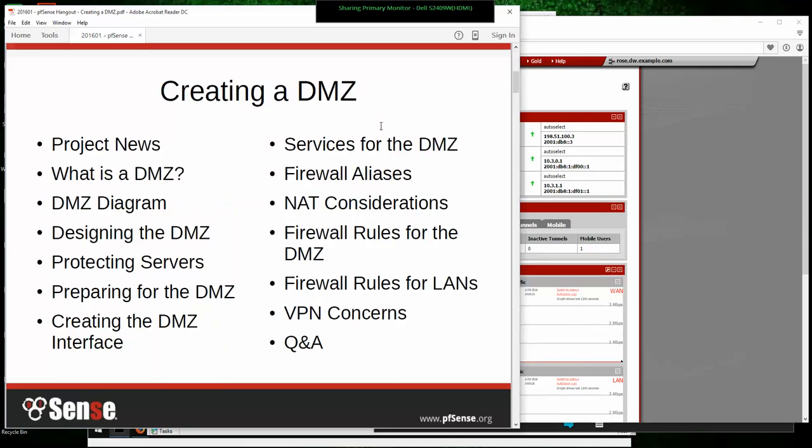This month we're going to talk about some project news as usual. We're going to talk about what a DMZ is. I'll show you a diagram of what one typically looks like. Some things you want to think about when you're designing the DMZ, how you want to protect the servers inside the DMZ, kind of out of the scope for us a little bit here, but it's still things you want to be thinking of. Preparing for the DMZ in terms of getting your network ready and everything else,